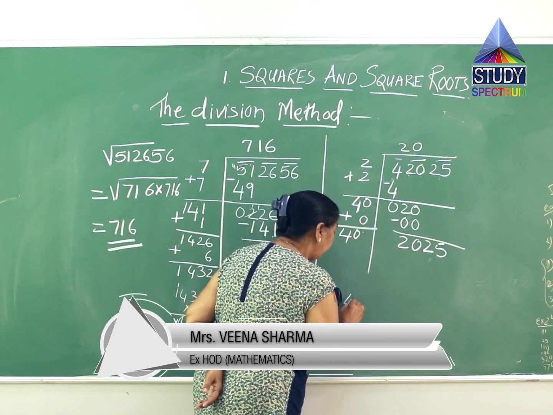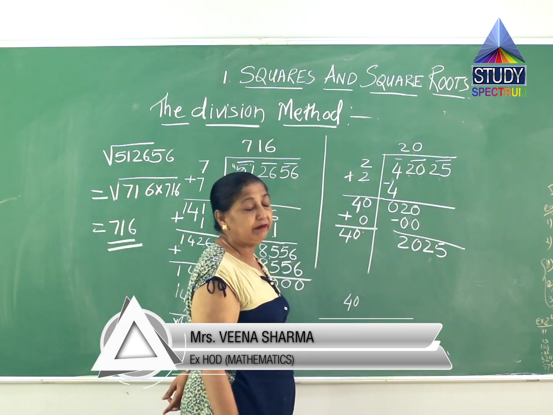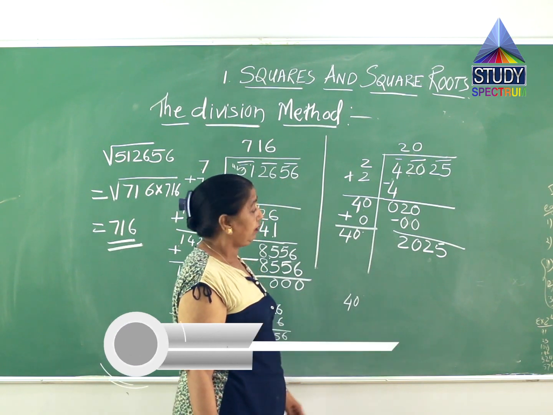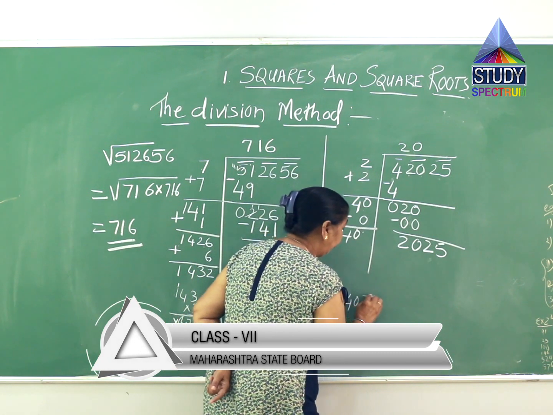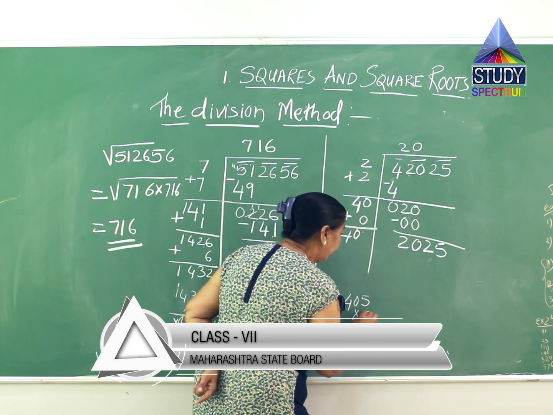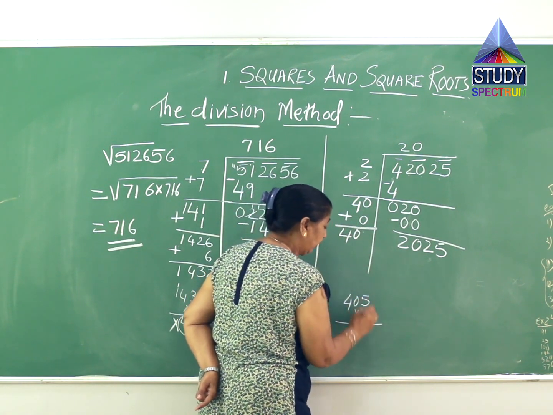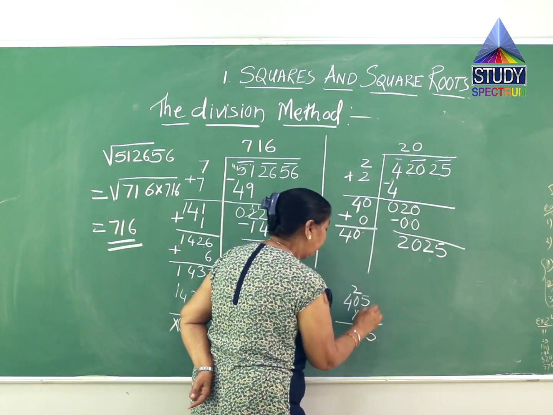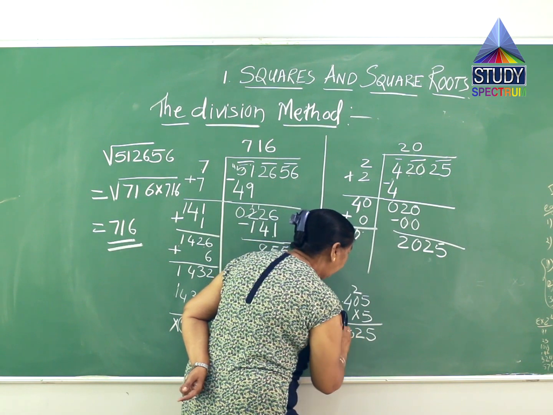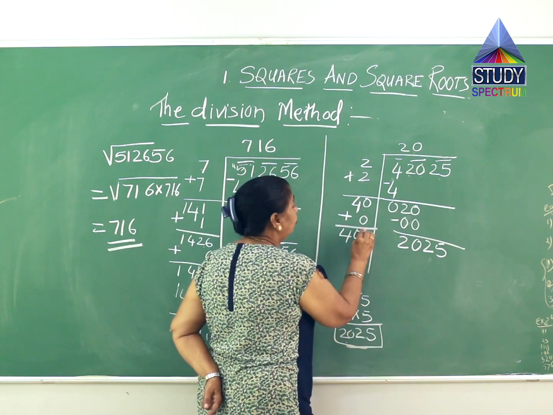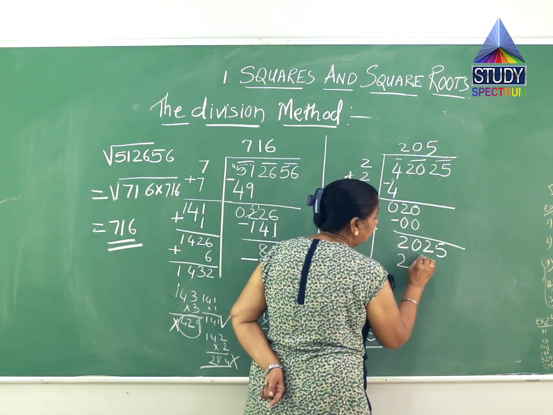Again I'll try in the working column, I'll put the year, as in the unit place it is 5, so we can use the divisibility test. And I know if I put 5 and multiply by 5, let me see whether it gives me the same number. 5 5s are 25, 2 carry, 5 zeros are 0, 2 will come down, 5 4s are 20. So 5 is the correct number which I have to put over here, and after multiplying by 5, it gives me 2025,